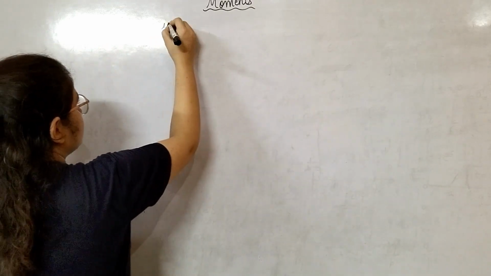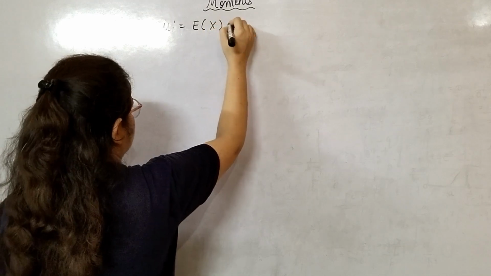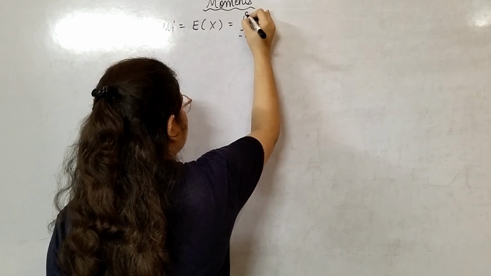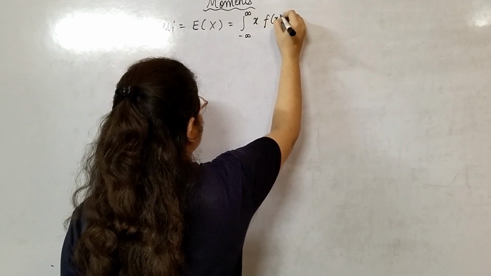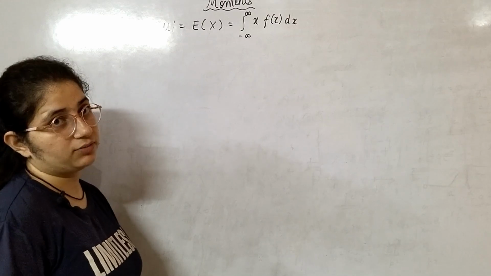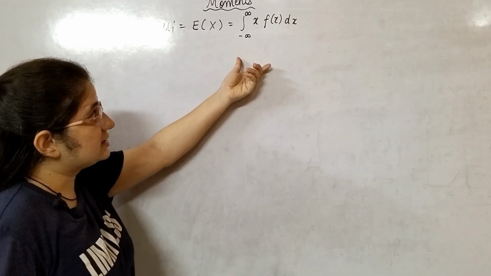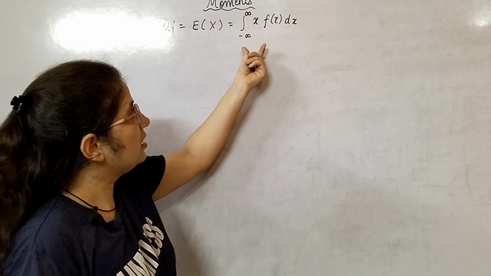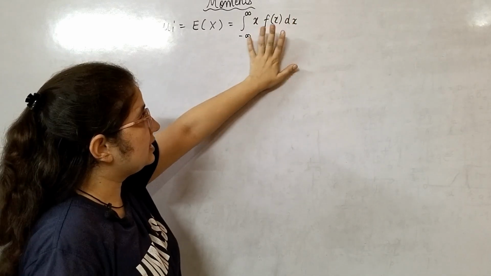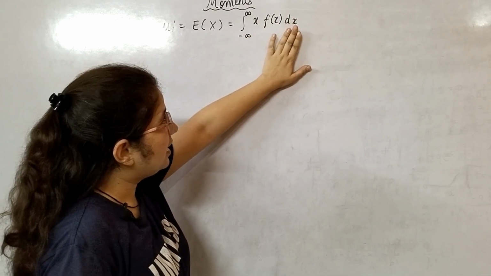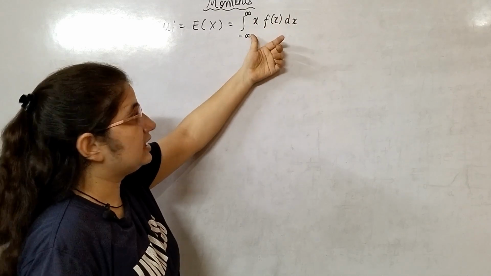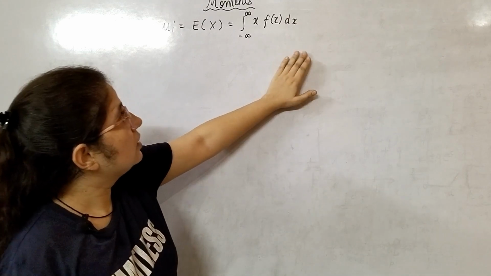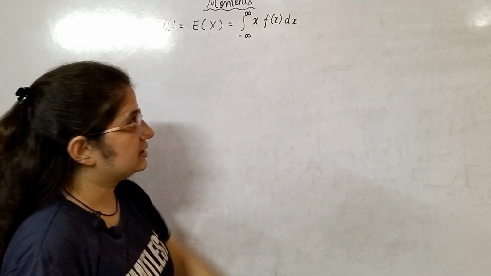The moment formula is: mu1 dash is equal to the expectation of x, which, since this is a continuous distribution, is the integral from minus infinity to infinity of x f(x) dx. This will be your formula. The difference is that here, in place of summation, you are using integration, and all other properties are the same. Integration is with respect to x, and the integration limits vary on this x, because whatever you integrate with respect to, the constant limits are given with respect to that.